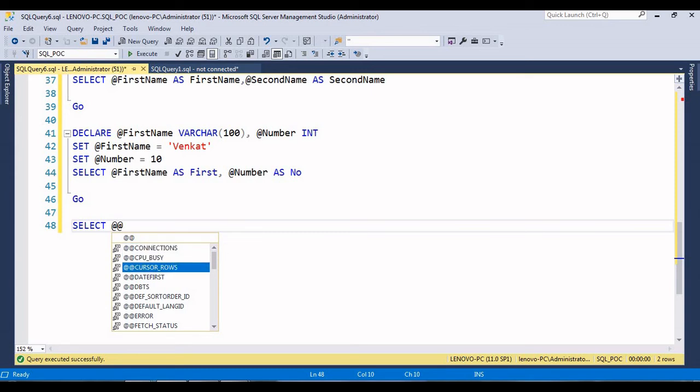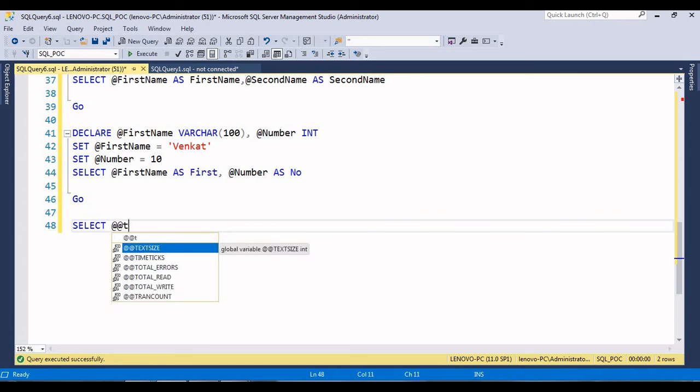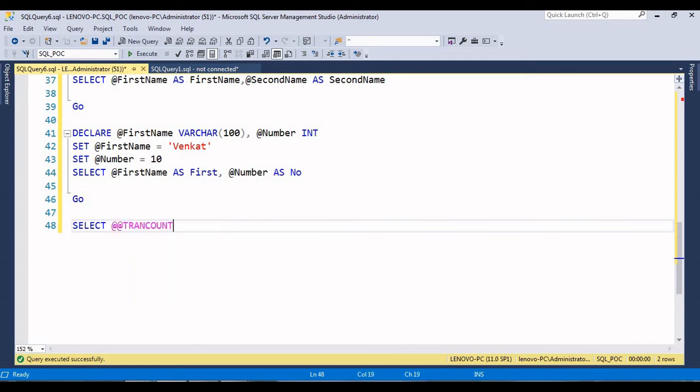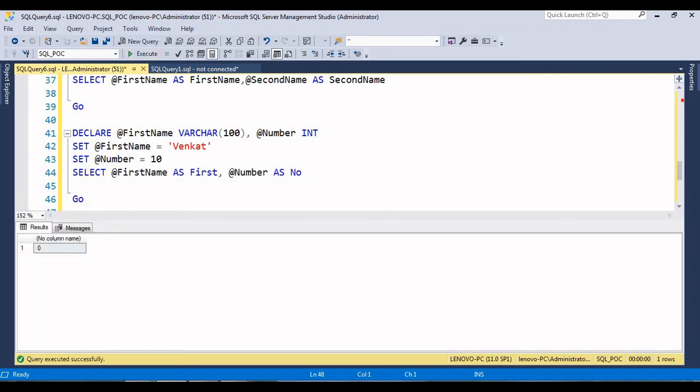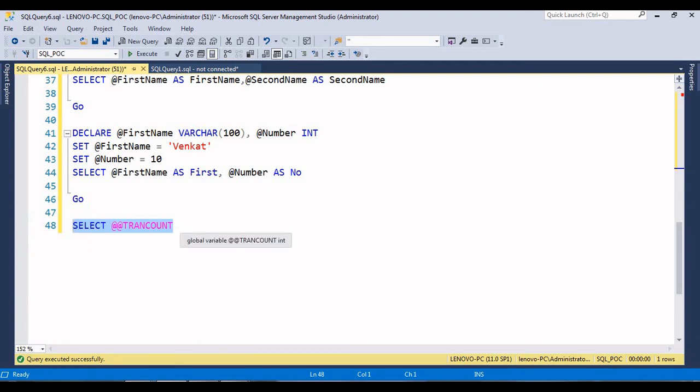Okay, so for example, if you want to understand, anything, transactions, yeah, so this is one of the global variables, transaction count. So what it is saying: returning 0 means there is no transaction available within the session. If at least one transaction is available within the session, it returns 1 instead of 0. Okay, and also we can see some other